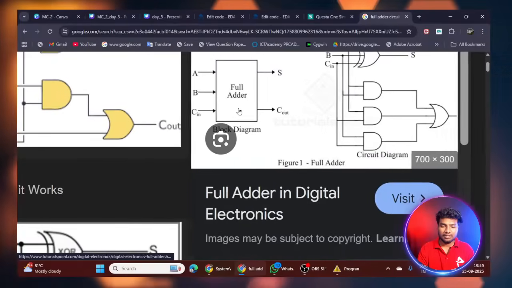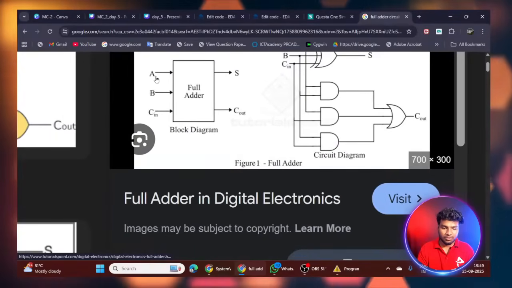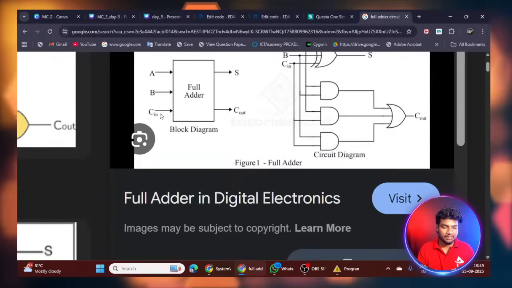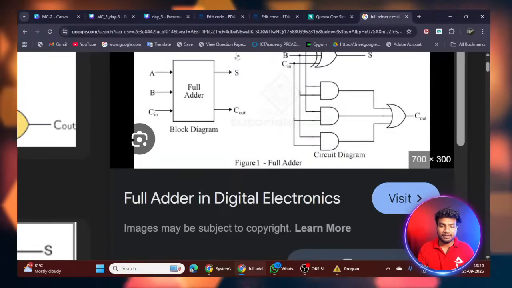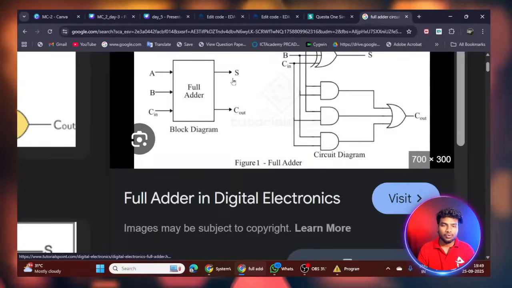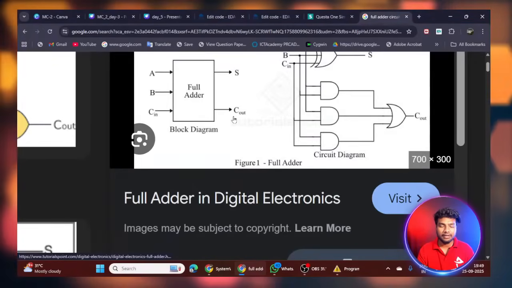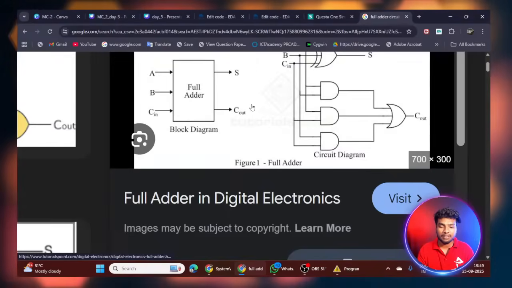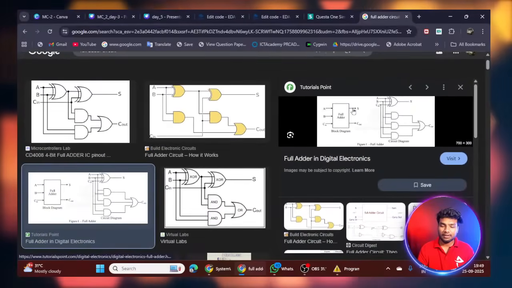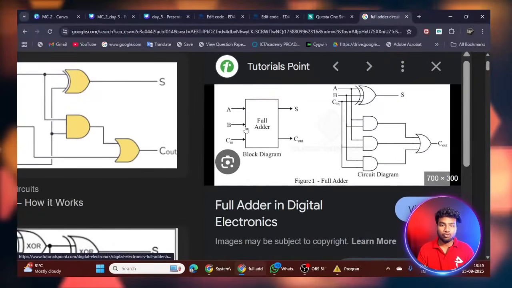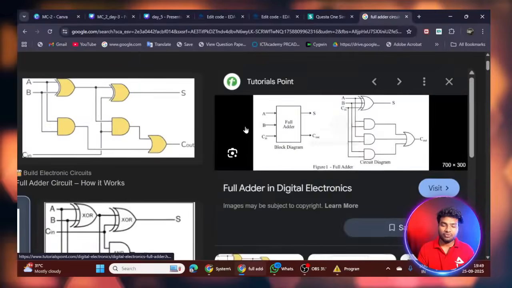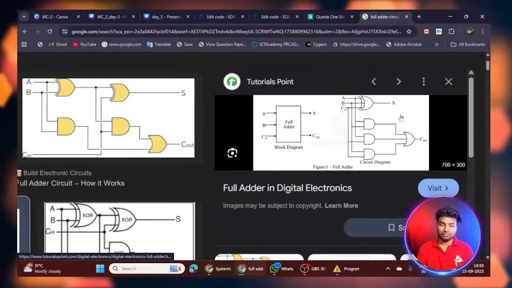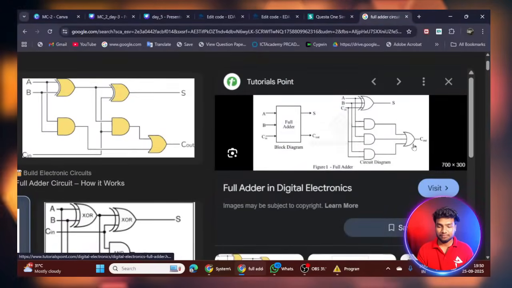The inputs are A, B, C in. There are 3 inputs, and sum and carry are my outputs. Sum is one output, and C out is another output. So this is a 3 input, 2 output full adder. We know the equation of sum and carry.